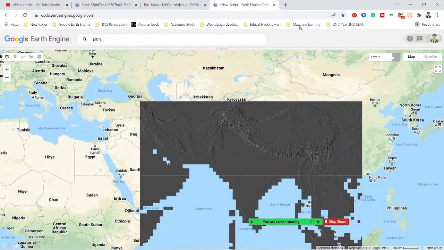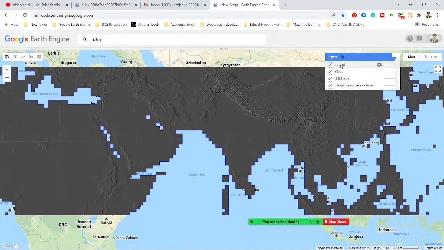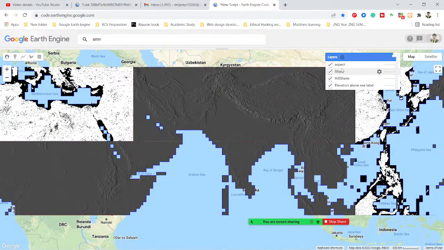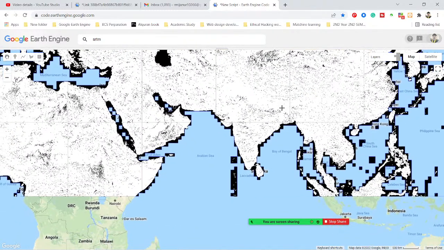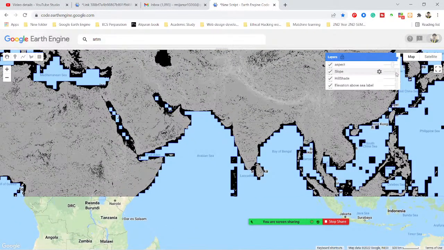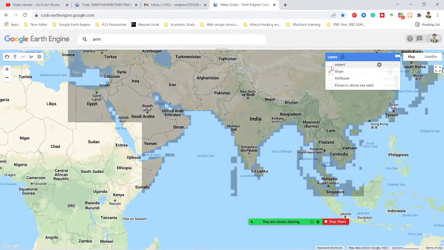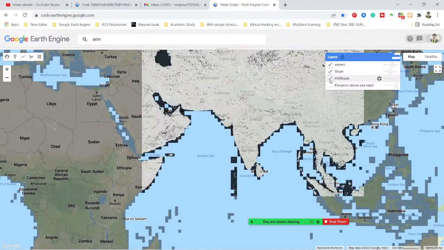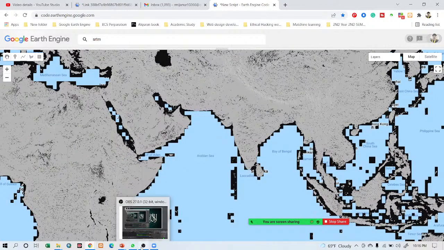Now you can see here we can see a total of 4 layers. First layer is the aspect, then you can also see slope, then hill shade, then elevation. Okay, so now I want to show this result only for your own area of interest. Your area of interest here I already